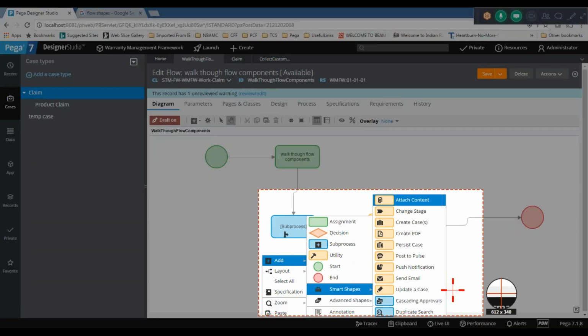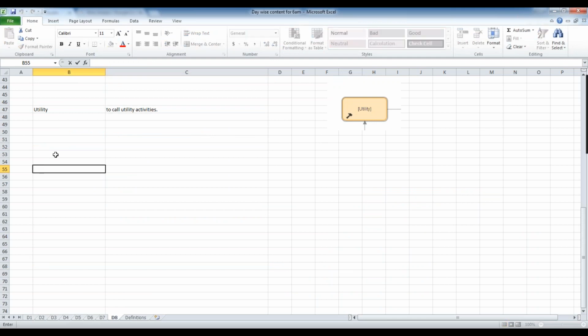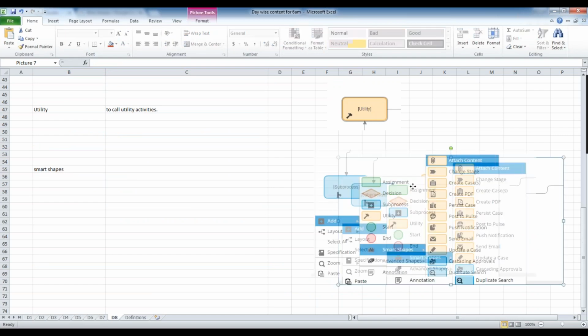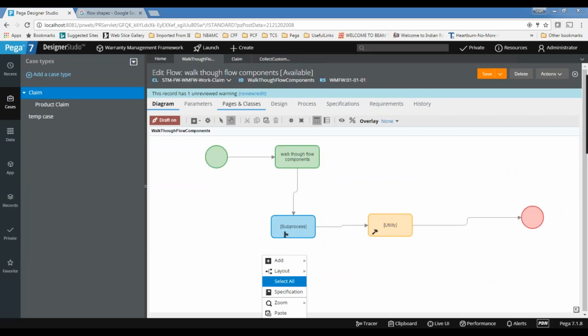These are the smart shapes available. The first one is attach content. Many of them are self-explanatory.